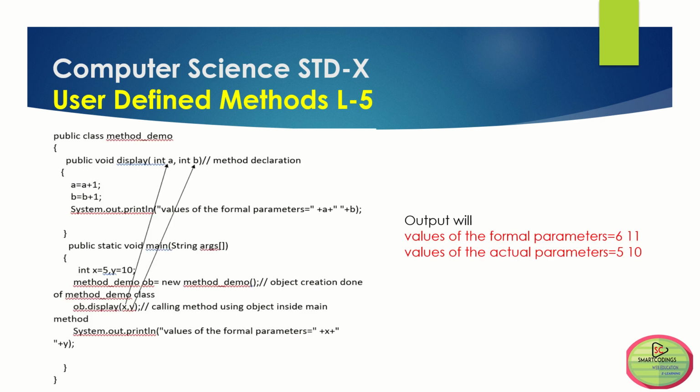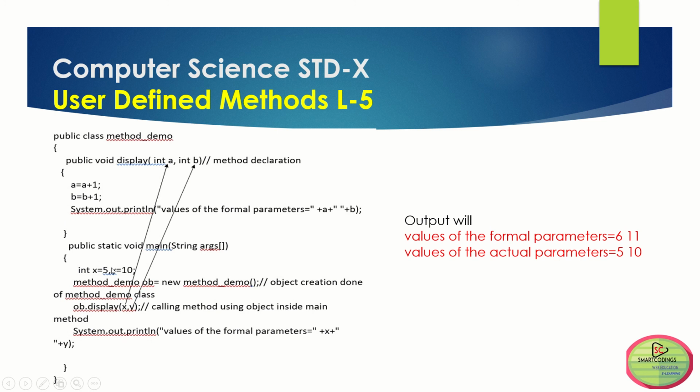See what is happening here. I have declared one class over here that is called method demo. In the method header, what is happening? Display is the method name. Two things are written here. These parameters are formal parameters, as I have said. Now this is the method body, and it is printing a and b values over here. This is the method body, starts here, ends here. Clear? Now for the main method, there are two more variables, x and y. This will act as the actual parameter.